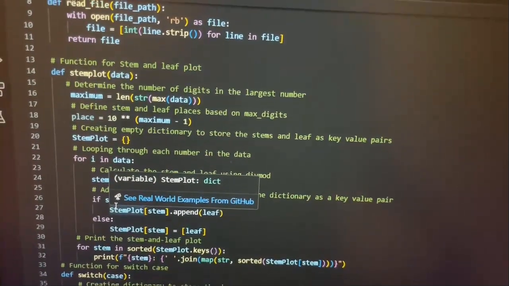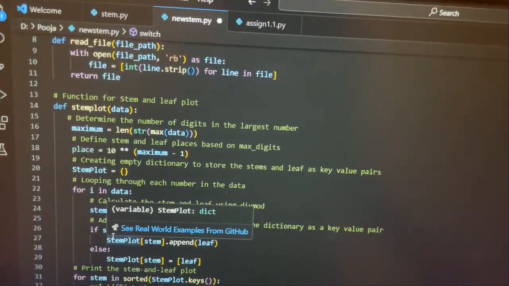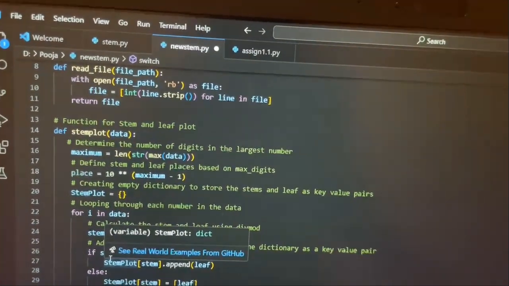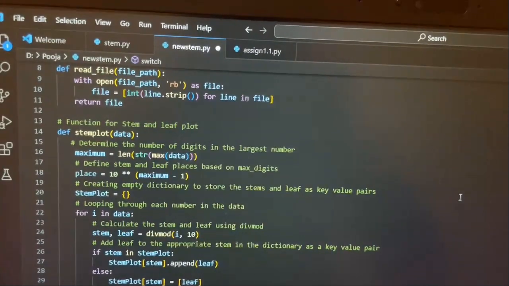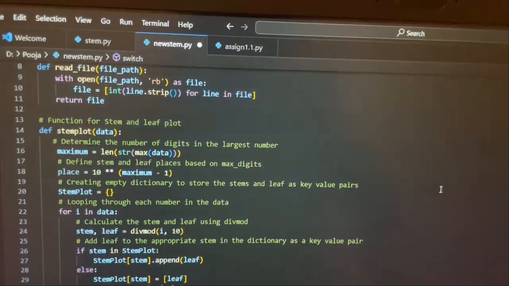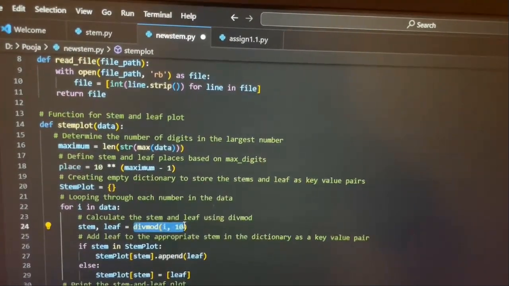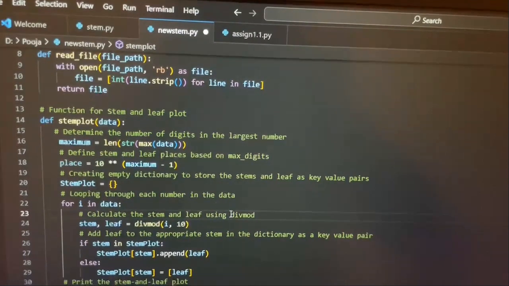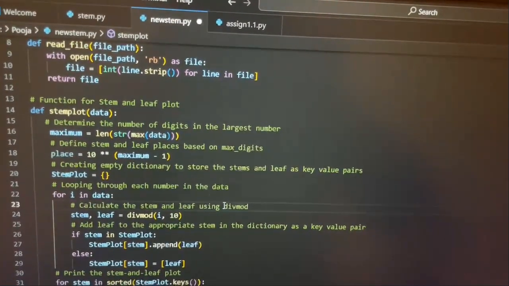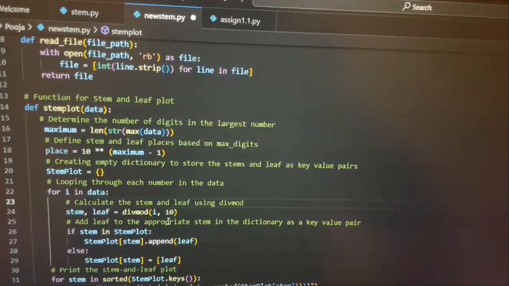How does your program automatically determine how many digits the stem and leaf should have? In the program, the stem and leaf plot is created with the assumption that the stem is the tens place and the leaf is the ones place. This is done using the divmod method mentioned here, where the divmod method gives the quotient as well as the remainder. The quotient is stored in stem and the remainder is